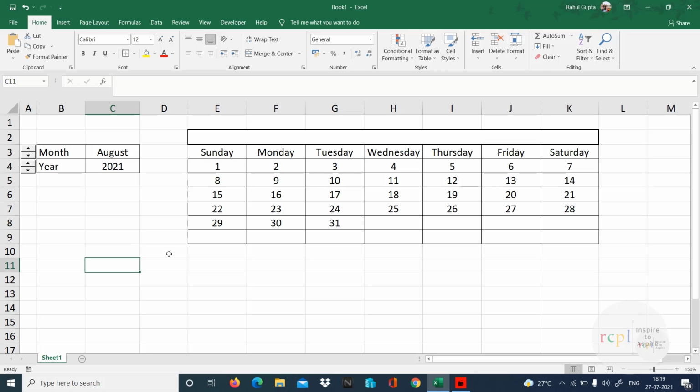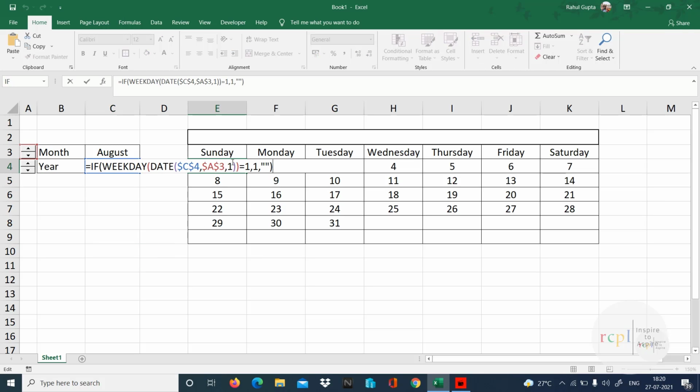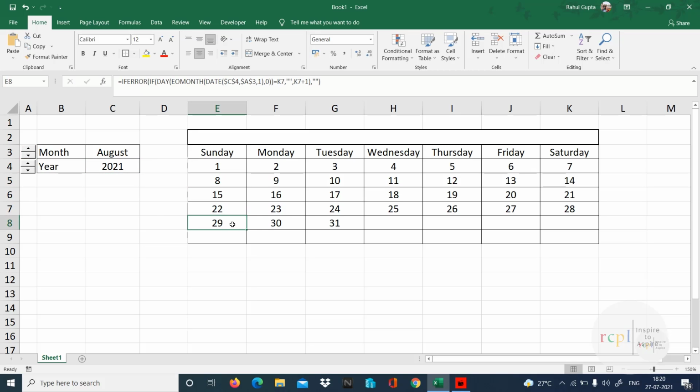Now you might be thinking why we are going through this calendar. As a productive value, if I talk about it, there is no productive value of this calendar. We are just using this to get to know how to work on complex functions. Complex function working we have to approach in this way, because you can see that we have made a complex function by adding a lot of functions. Here also I have used the same.